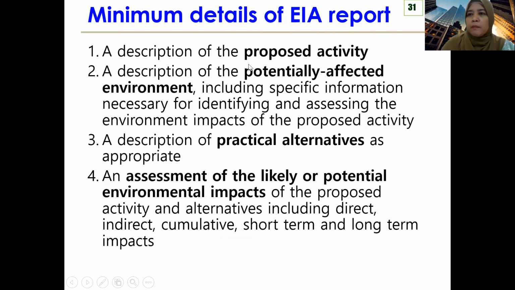The second one is the type of activity, the size, the land, the lot numbers of the land, which mukim. Then a description of the potentially affected environment, including specific information necessary for identifying and assessing the environmental impacts of the proposed activity. So the impact on the people, for instance, there is dust caused by the vehicles coming in and out of the project site, for instance,